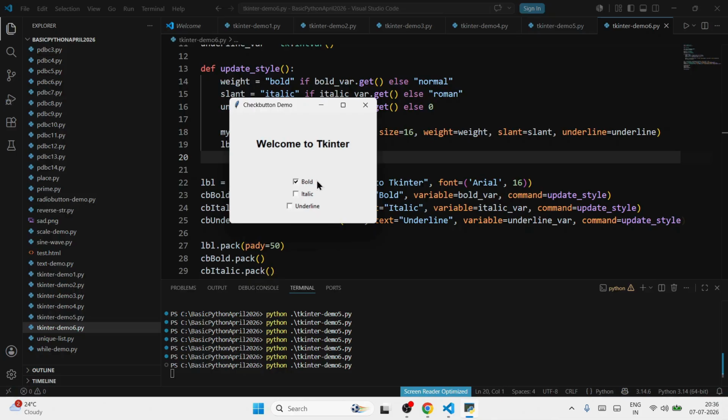See, the moment I click, is it becoming bold? Then when I click italic, is it becoming slant? Underline, is it becoming underline? Now remove some. If you remove italic and keep bold and underline, see, it has become Roman, but still it is bold, it is underline. If I remove bold,